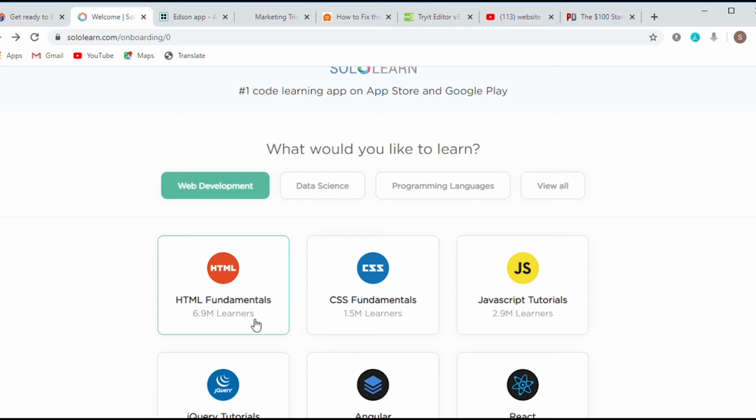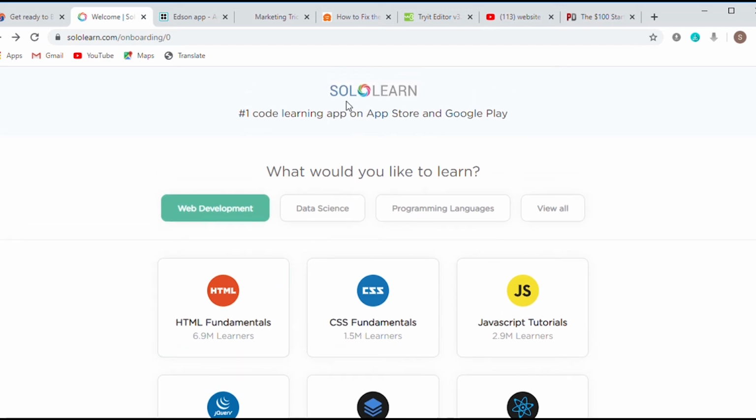For you to move from one level to another level, you have to put into practice what you're learning. So it's really helpful for those who are starting out, and I urge you to sign up with this SoloLand. It's one of my best, so that's why I put it on number 2.